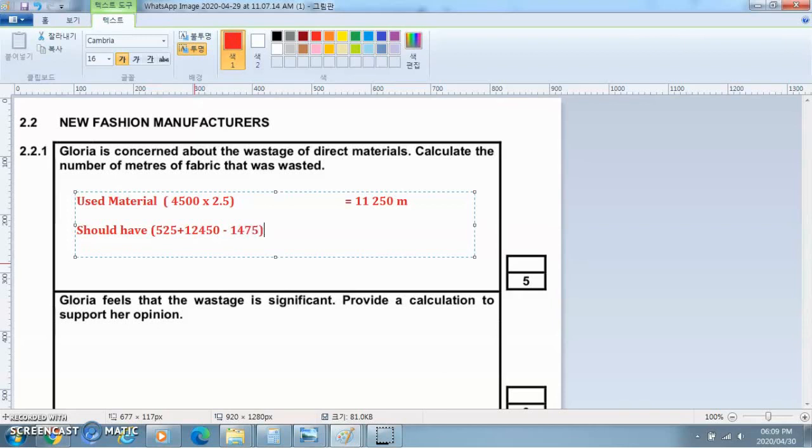We close our bracket. So the final answer that we are getting is